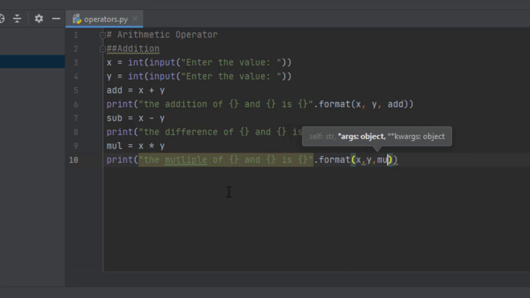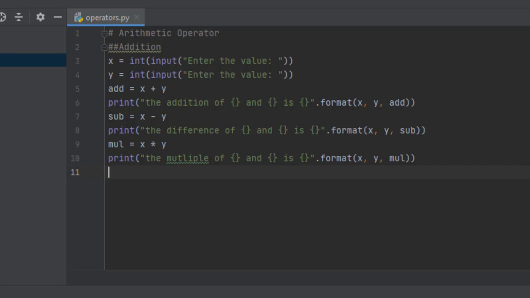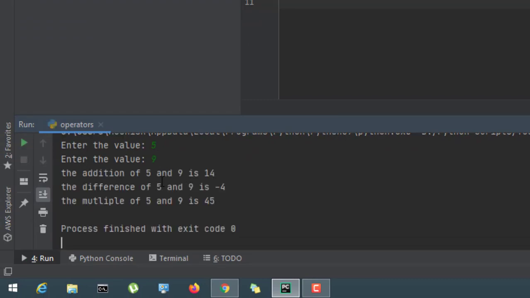Errors are actually not good for programmers. For testers it is very good because you test errors, so that is very nice. So this is multiplication and we are running the program, and I'll give the same old values. I don't want to change the values. You can see the addition of 5 and 9 is 14, difference is minus 4, and the multiplication is 45.